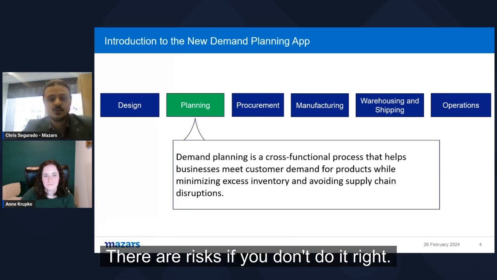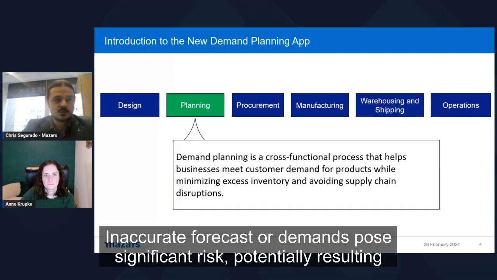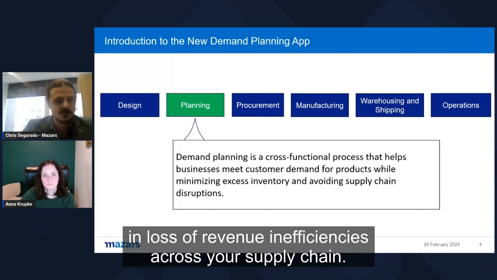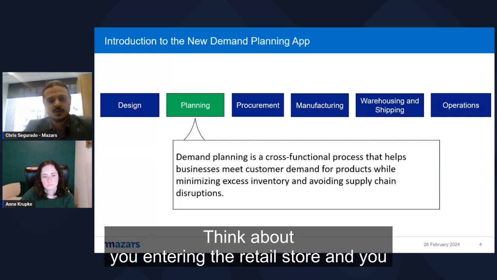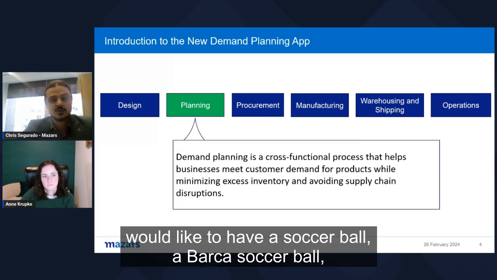There are risks if you don't do it right. Inaccurate forecast or demand pose significant risk, potentially resulting in loss of revenue and inefficiencies across your supply chain. Think about entering the retail store, and you would like to have a soccer ball, a Barca